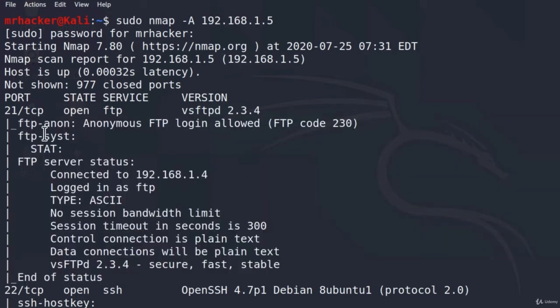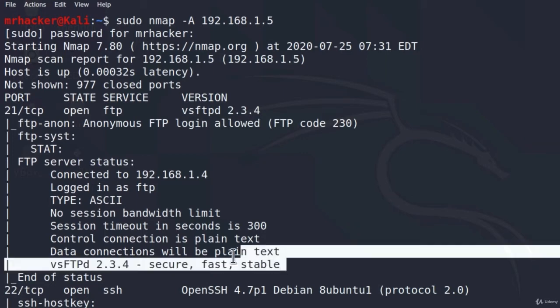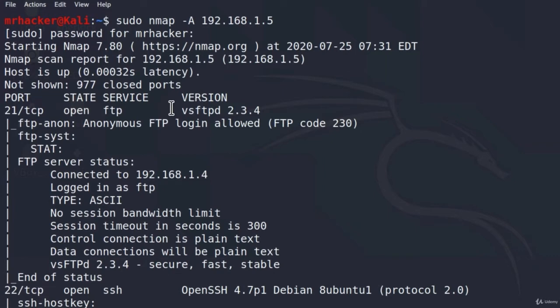Right here, we can see that it executed the script for FTP anonymous login, and it says that it is allowed. And we will check out what the FTP anonymous login is. For now, I can tell you that it is not really that secure. Even if we go all the way down, here it says FTPD 2.3.4, which is the version that the target has, is secure, fast and stable. And I can assure you this is one big lie, as this FTP version is vulnerable. And we're going to see in the exploitation section how we can exploit this